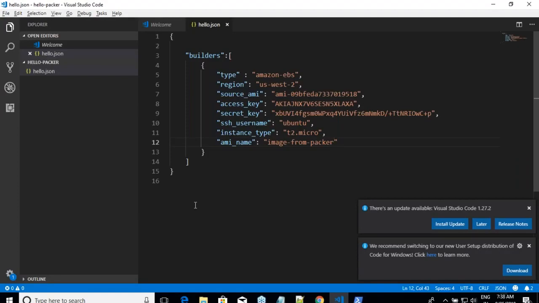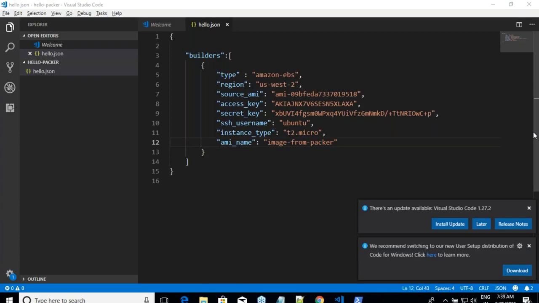Okay. So till this moment, what are the doubts which you have? What is AMI here? AMI is Amazon image, right? What is instance? Instance is machine. Instance is a server. Instance type is server configuration. T2 micro is a server with 1 GB RAM and 1 CPU. That's it, right? Can Packer be used for Azure builds?